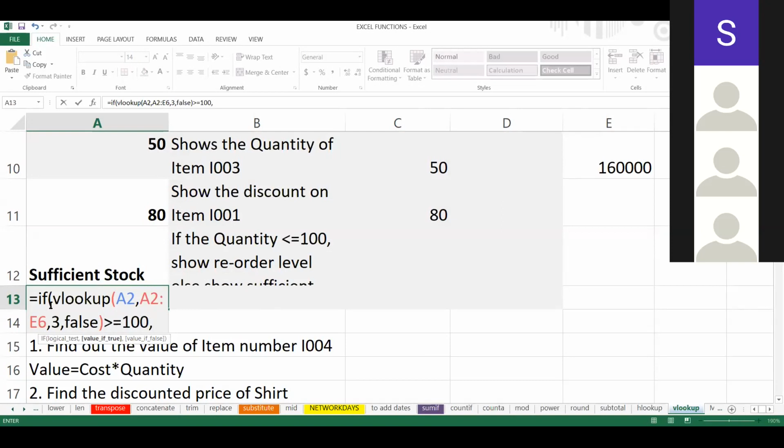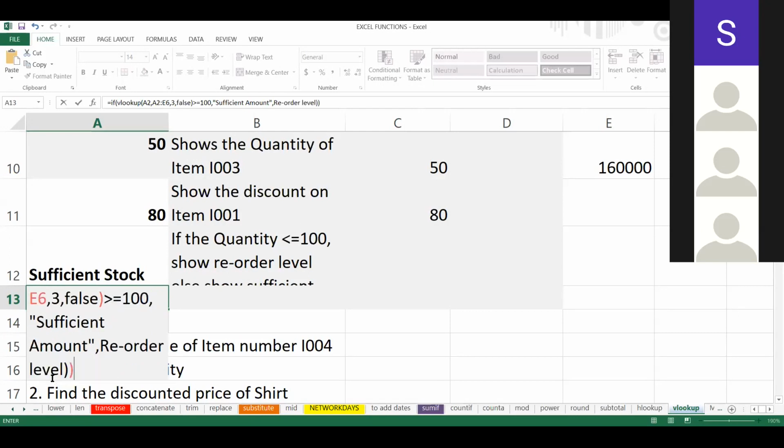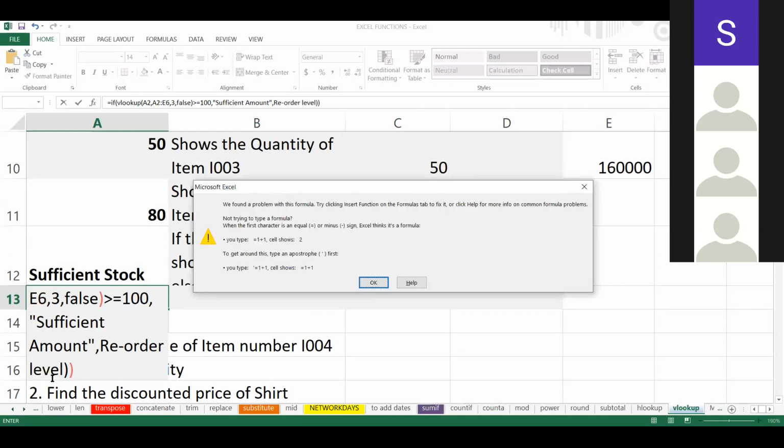So if this is greater than or equal to 100, I have to write sufficient amount. Comma, otherwise I am writing reorder level, means you should order more quantity. Now IF closes, VLOOKUP closes.